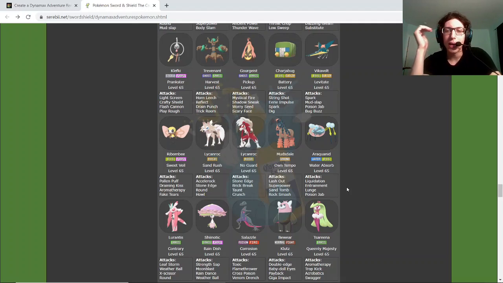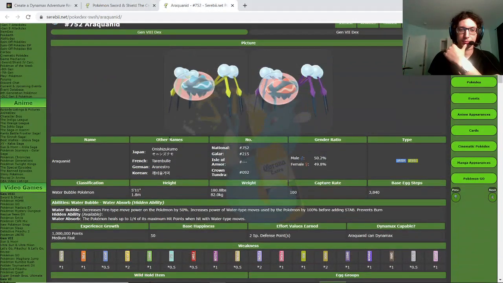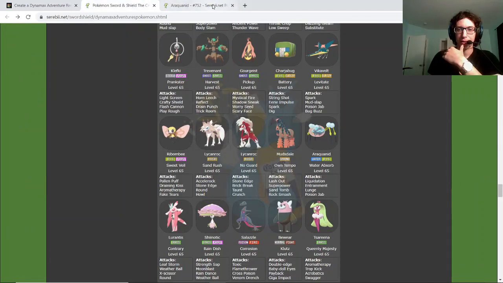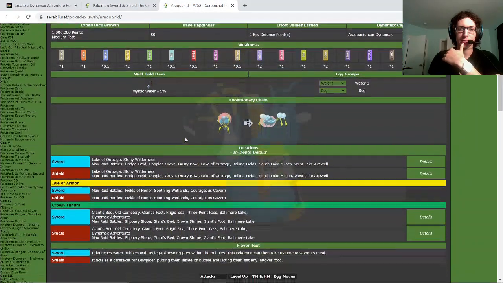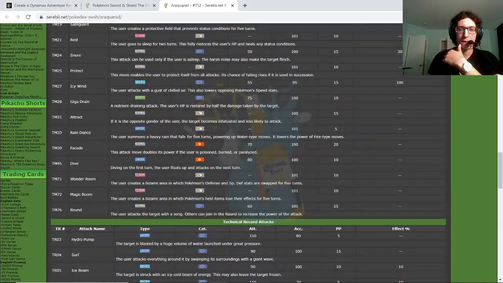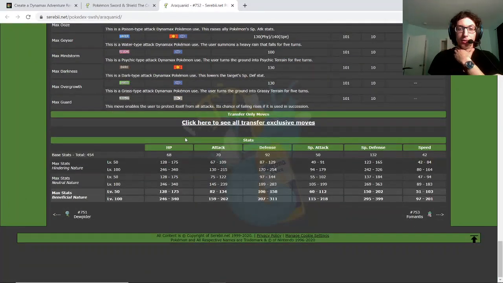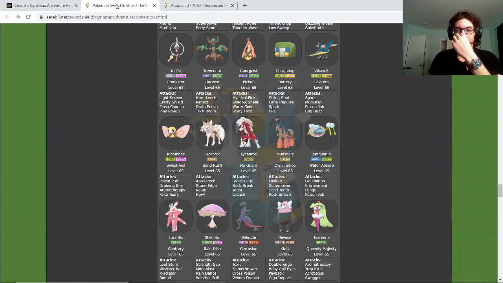Liquidation, Lunge, Poison Jab. What are we doing here? Water Absorb is okay. Trainment kind of makes it useless. Attack stat is not great. It has decent special defense, okay defense, not good speed. Liquidation kind of sucks. Lunge is kind of, Poison Jab is kind of... This thing is a below average mon